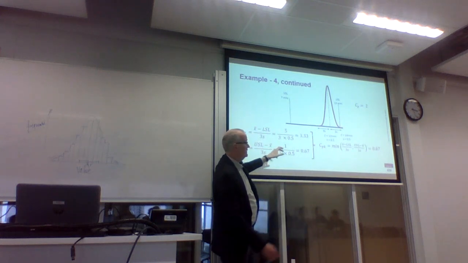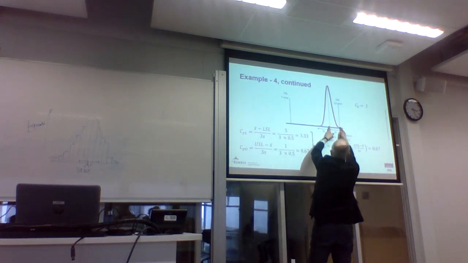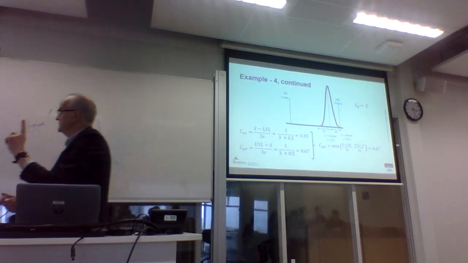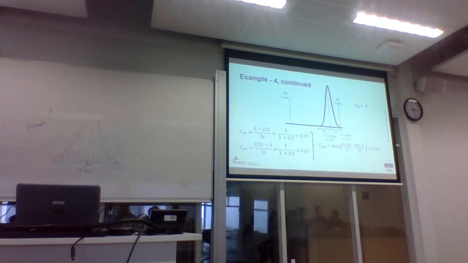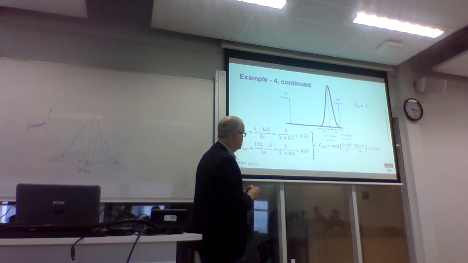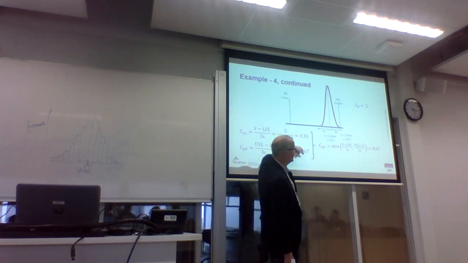USL minus X average is this area, right over here. It's 13 minus 12, which is only 1, right? S is 0.5, so it says 1 over 3 times 0.5, 1 over 1.5, which is 0.67. This is lower than 1. Remember, the smaller the CP value is, the worse my system is, or the worse my system fits the requirements for my customers. Then I take the minimum of those two,